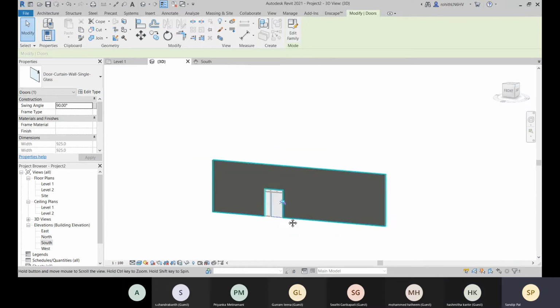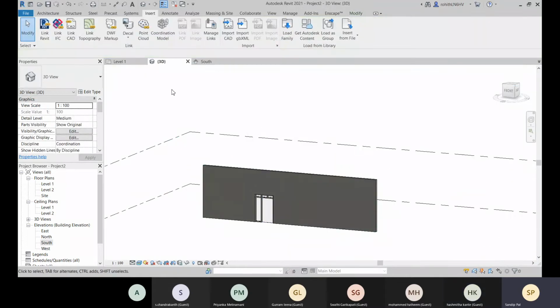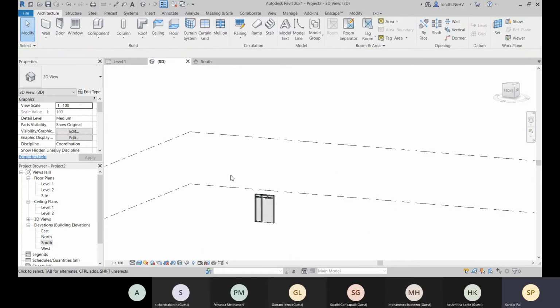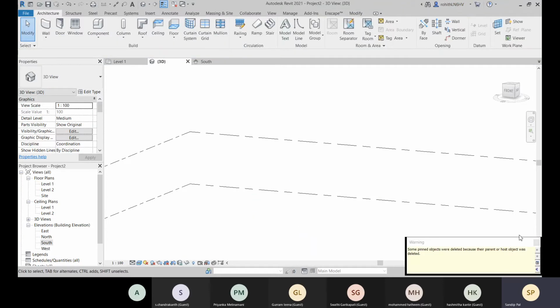All right then. Let's move to stair. Okay, and I hope the roof part is clear and the other part is clear. So that's why I'm moving to stair. So let's delete this.